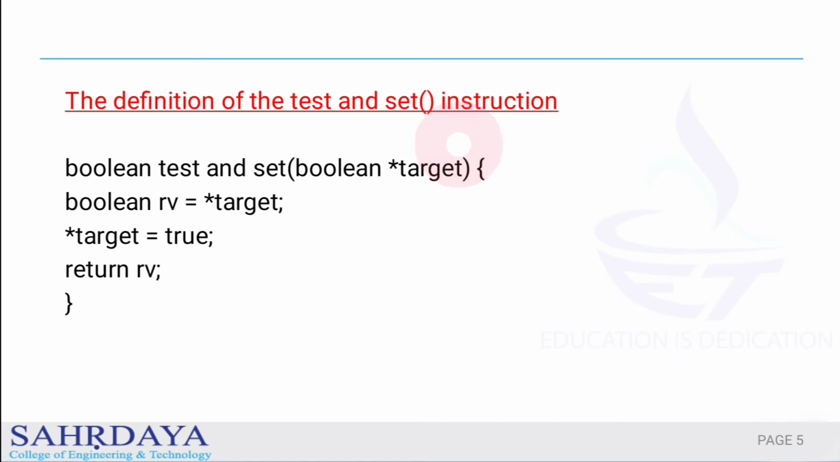Test and set instruction. We use special instructions to solve the critical section problem in a relatively simple manner. Test and set is an instruction. This instruction is used to abstract the main concepts. This is the definition of the test and set instruction: boolean test_and_set(boolean *target) { boolean rv = *target; *target = true; return rv; }